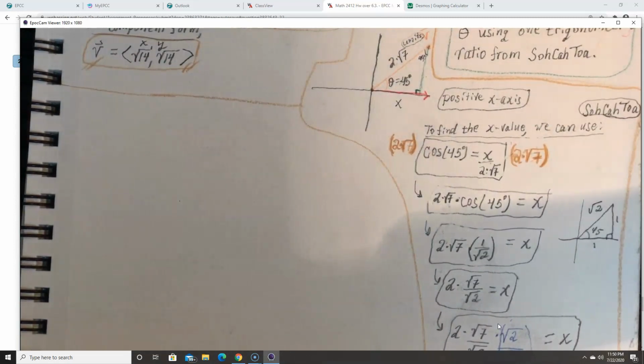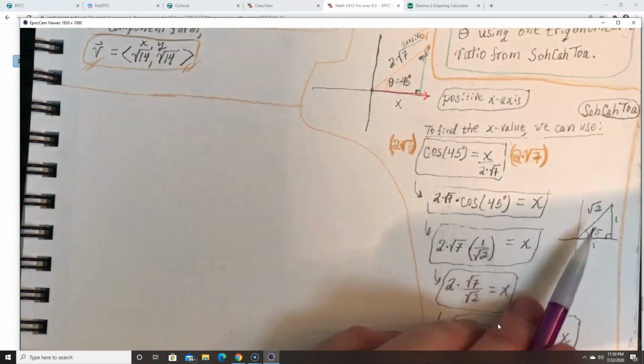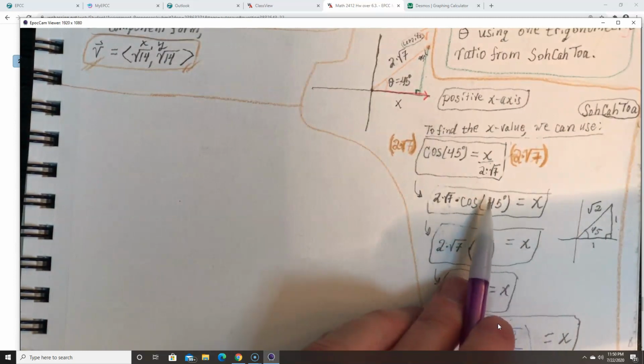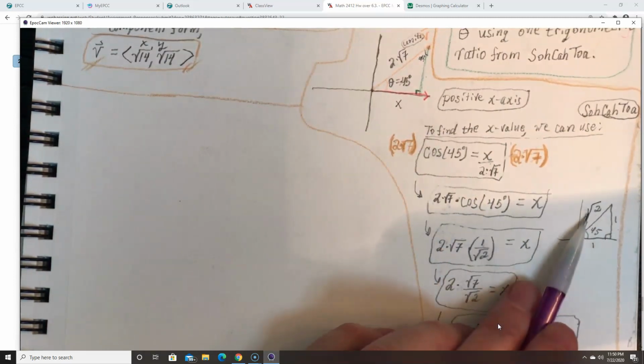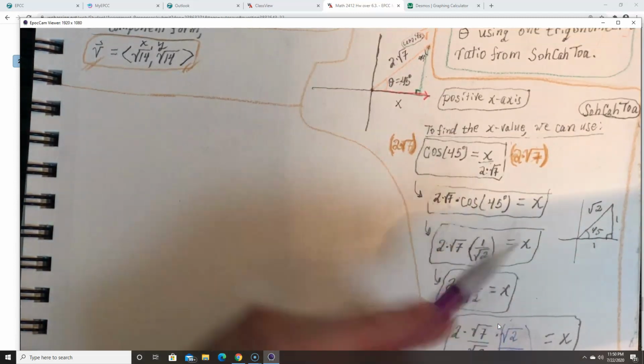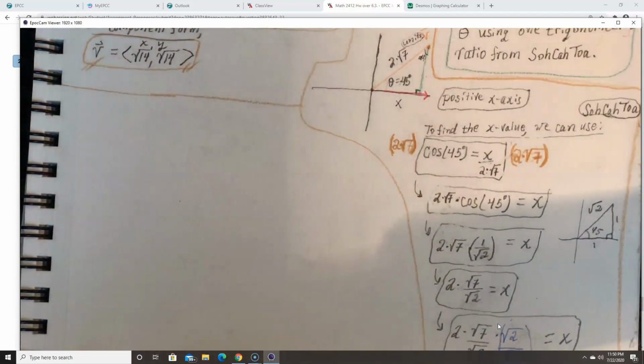1, 1, square root of 2. 1, 1, hypotenuse square root of 2. So to find cosine of 45, you say adjacent over hypotenuse. So 1 over square root of 2. So instead of cosine of 45,